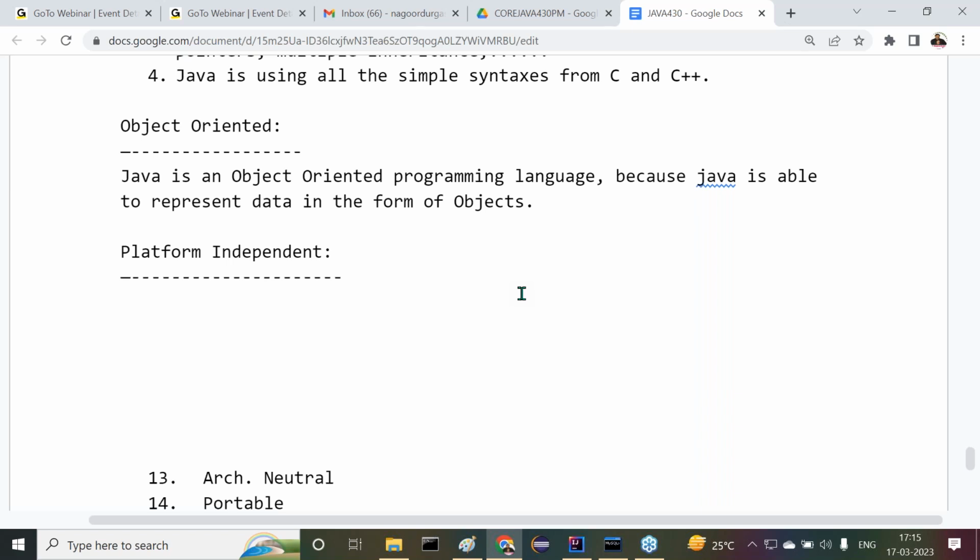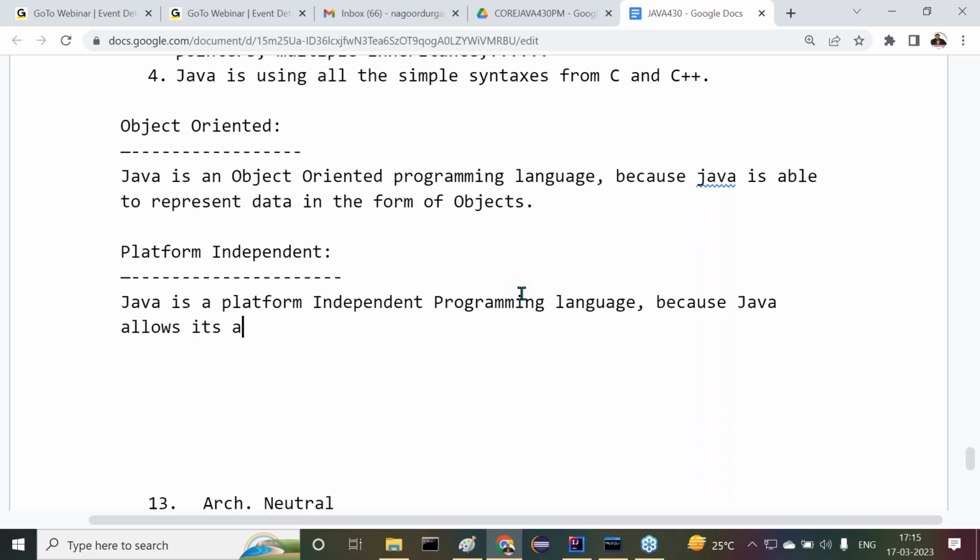If any programming language allows its applications to perform compilation on one operating system and execution on another operating system, then the programming language is platform independent. Straightforward, I'm telling you, Java is a platform independent programming language. Why? Because